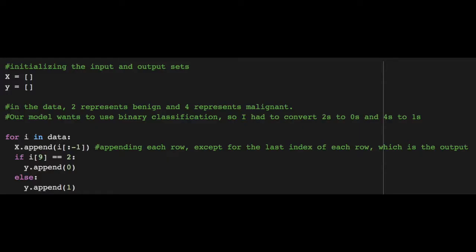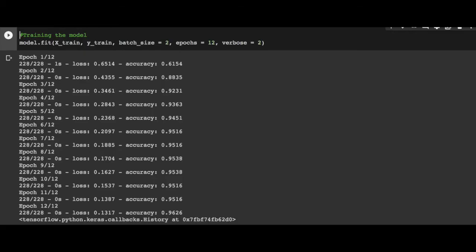To help the computer understand this, and so it can detect its own accuracy, I labeled benign cases with 0 and malignant cases with 1. Once the data is manipulated in the way that we want, we can actually feed it into the network. And after each iteration in the network, it compares its predicted output to the actual output. And then it makes tweaks to the weights and biases to make the predicted output even closer to the actual output, which in turn makes the entire model just more accurate. After iterating through our data many times, our model became 96% accurate.